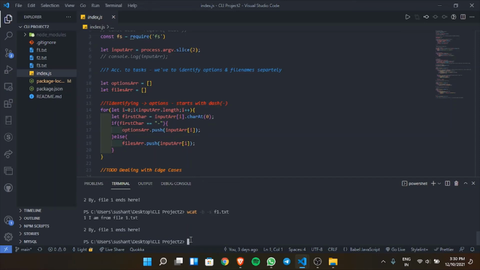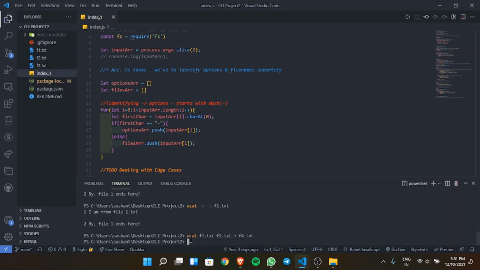The command is wcat f1.txt, f2.txt. Now if we want to move the content from f1.txt and f2.txt to, let's say, f4.txt, it will do our work.